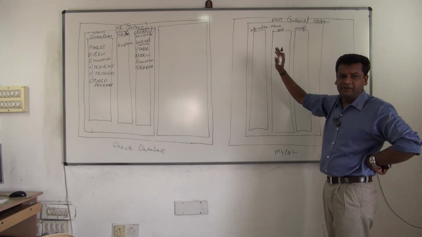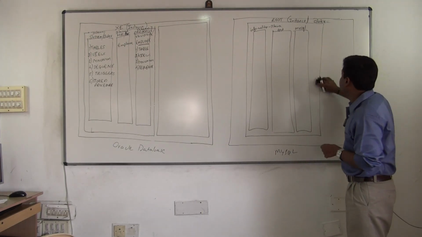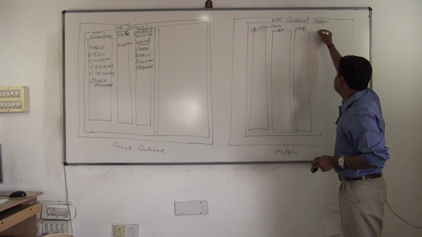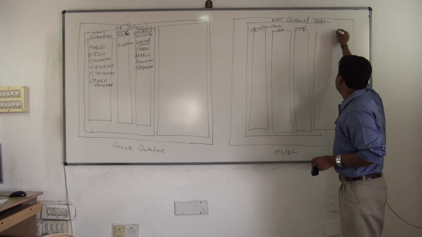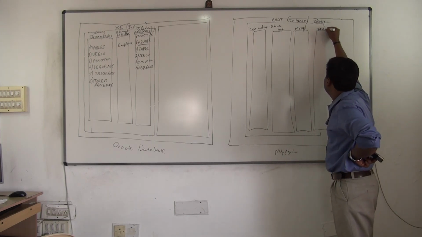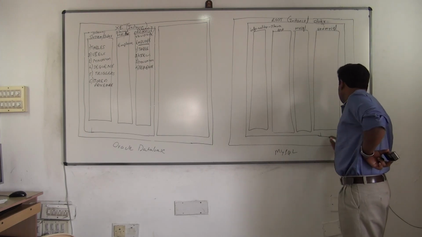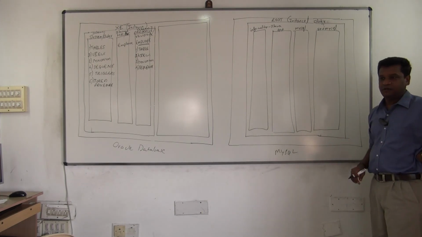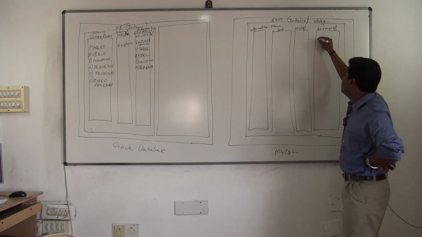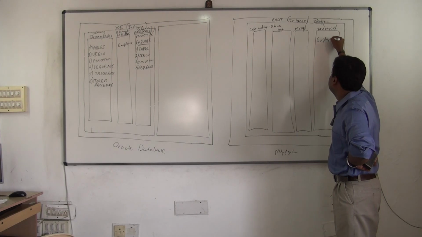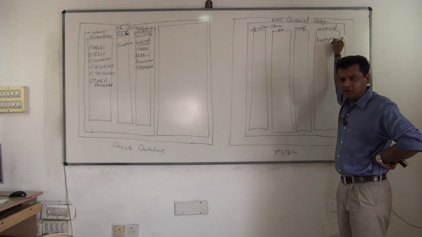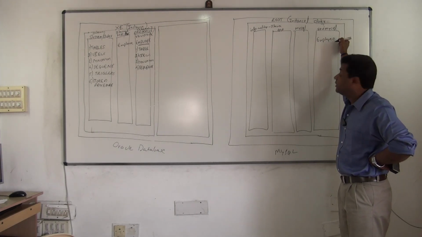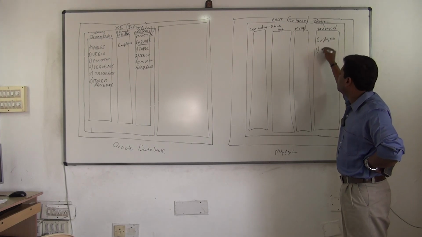They will have their own tables, leave it. Understood? Same thing they'll have. But I created one more schema called as what? What was the name I gave? Ravi MySQL. Understood? Ravi MySQL. So in Ravi MySQL, I created the employee table. Similarly in MySQL also, understood? Similarly in MySQL also, in the schema what you can have?